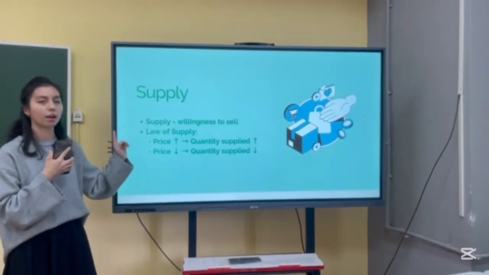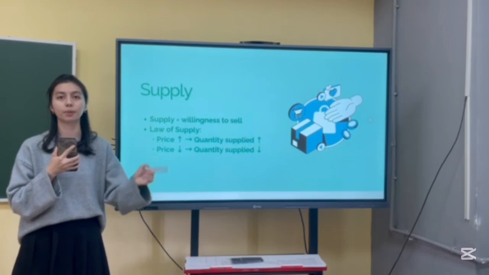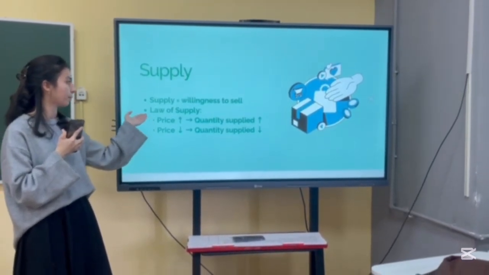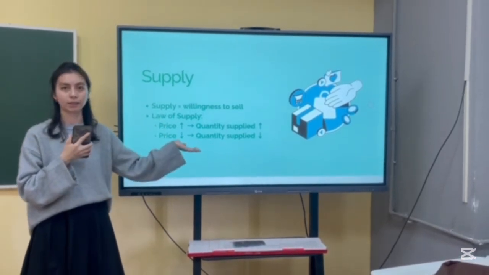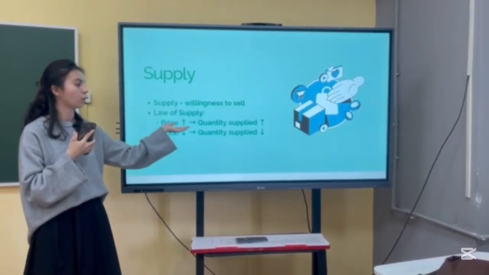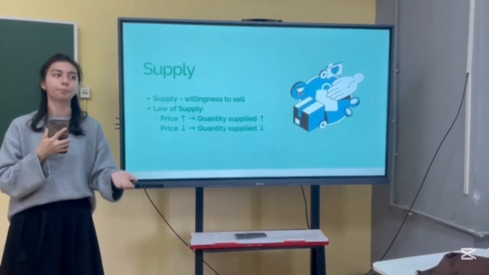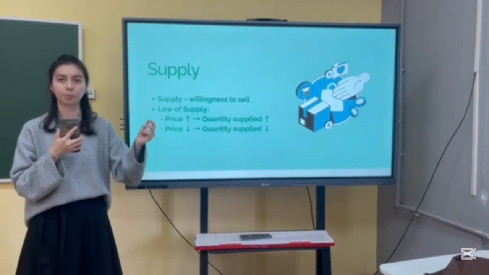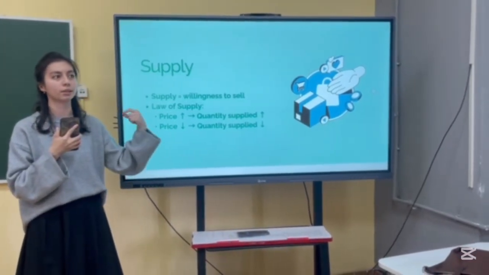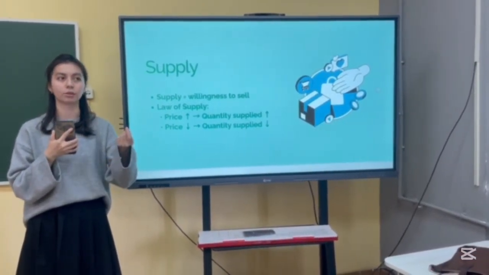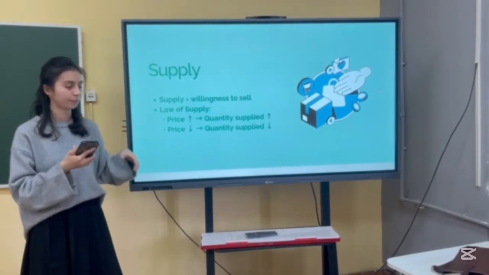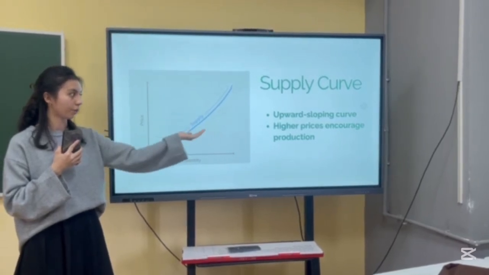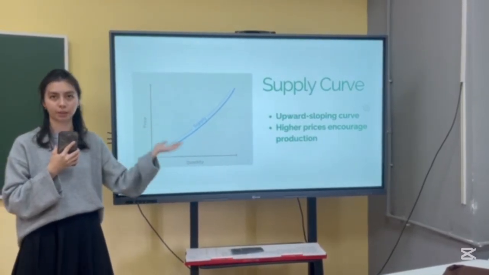Supply shows how much of a product sellers are willing to sell at different prices. The law of supply says that when the price goes up, quantity supplied also goes up, and when the price goes down, quantity supplied also goes down. As an example, when the price of bread increases, bakeries will sell more bread to get a profit. As you can see, this is a supply curve, and it is an upward sloping curve because higher prices encourage producers to